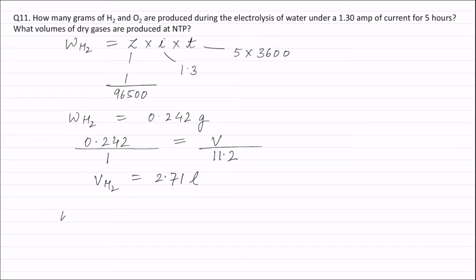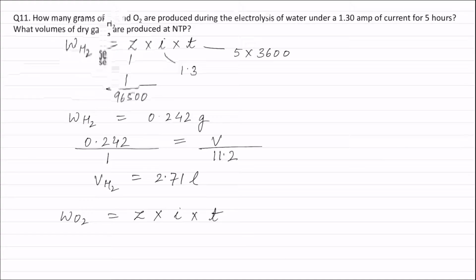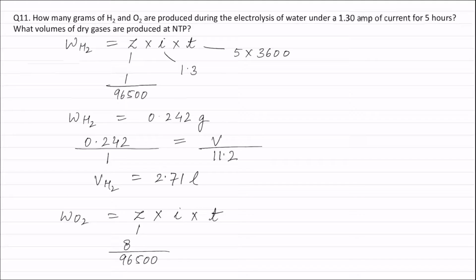Similarly, the weight of oxygen will be equal to electrochemical equivalent of oxygen, that is Z into I into T. The value for Z will be equal to equivalent weight of oxygen, that is 8 divided by 96500 coulombs. Value of current is given as 1.3 ampere. Time is 5 into 3600 seconds. Solving the equation, the weight of oxygen is equal to